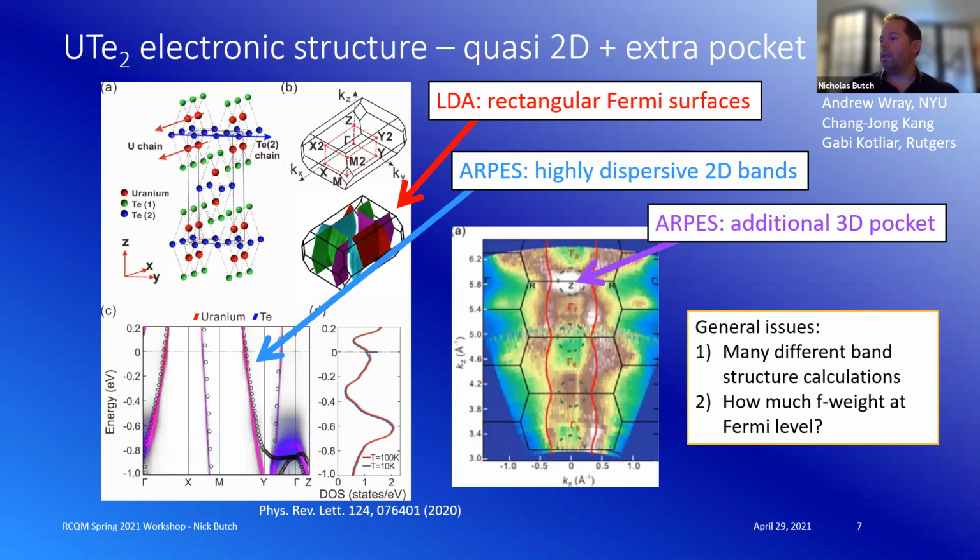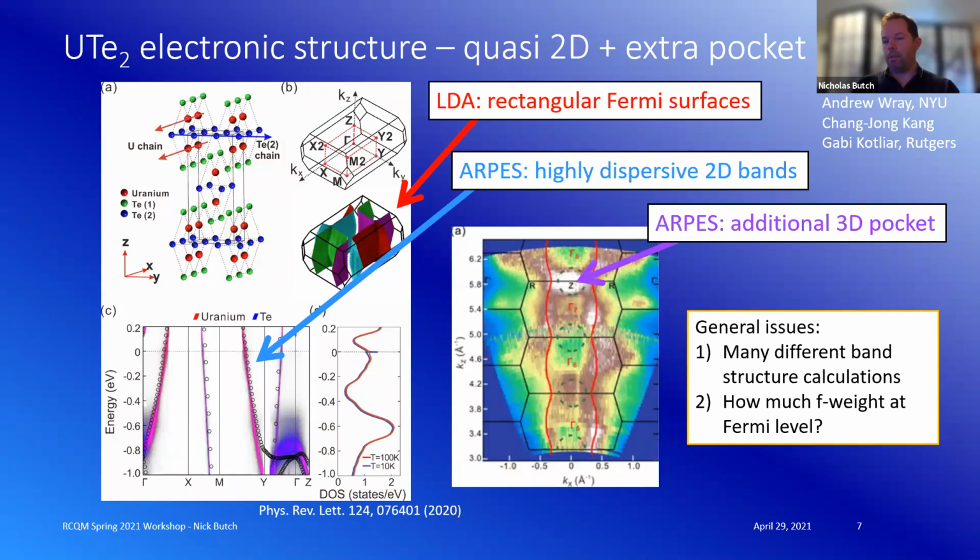So the thing about this is that many of the calculations will have this feature or will be actually way more three-dimensional. Photoemission finds an additional pocket that looks like it's 3D. And we can, without higher resolution, maybe ascribe this feature to things that are calculated in a different calculation. From just a basic level, I would like to leave it at this.